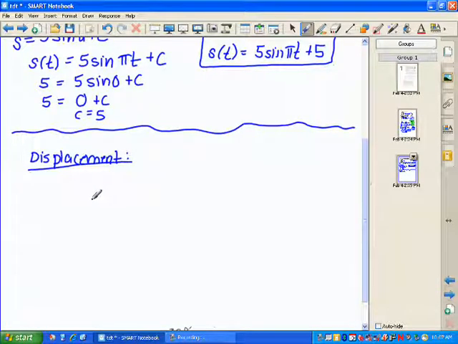Displacement. Okay. What we need for these also is our velocity axis. I'm going to bring it back. Actually, let me do it in